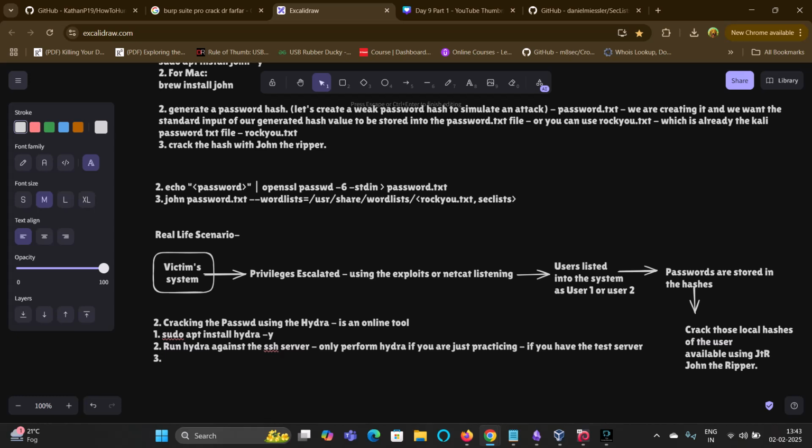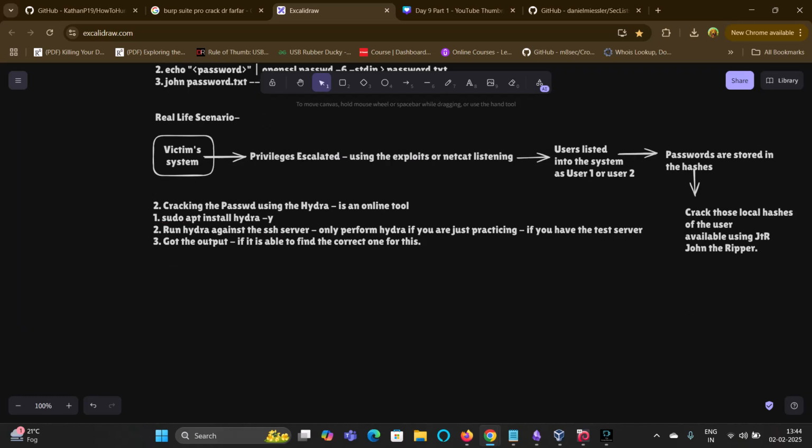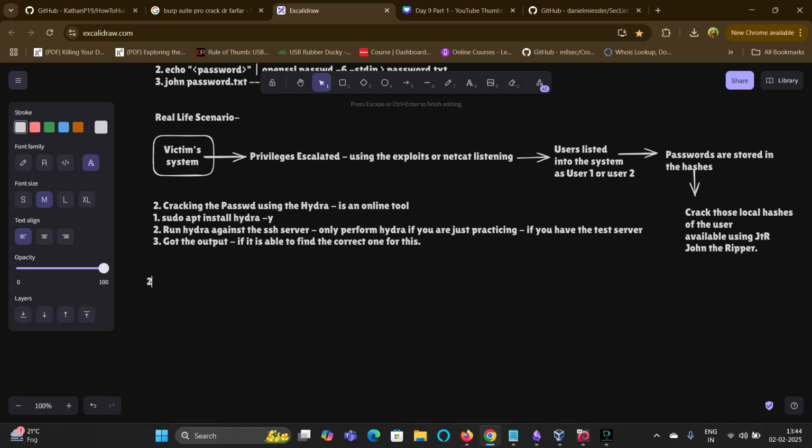And then after running Hydra, you are going to just get the output out of it. If Hydra is able to find the correct one, you will get the output. So that's how you're going to perform Hydra. For the command, I'll explain each and every part to you. For the second step, as I have told you for the first one to install Hydra,